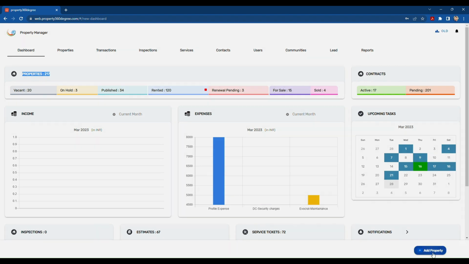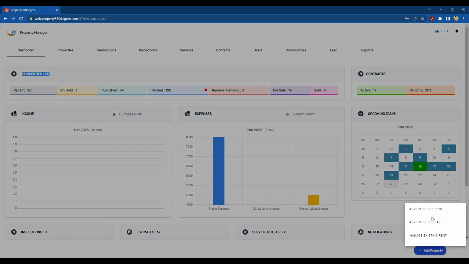And once you onboard, you can add properties one by one as you start getting more leads and more properties onboarded. You can add properties which are on rent, for sale, or which you have already started managing. So you can bring in all those properties, start tracking and managing them, integrate with your website, integrate with the listing portals, and have the digital signature plugins that we can build for you, and you would be ready to scale your property management business, be it a property manager or an owner who wants to manage